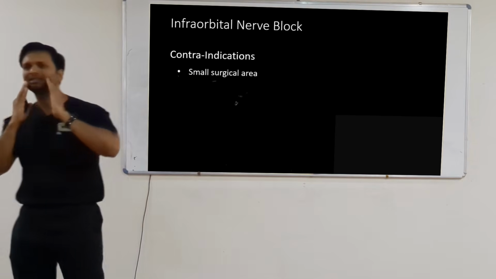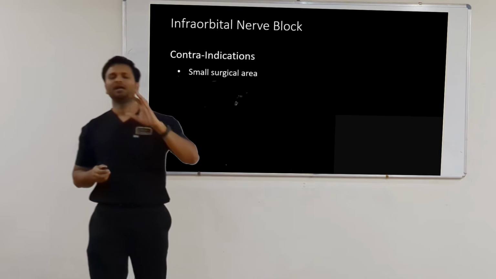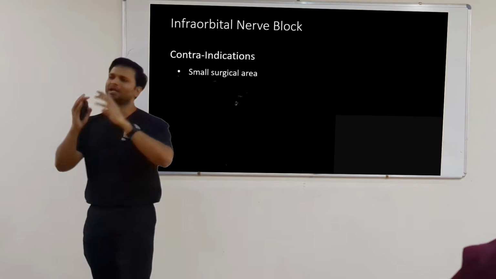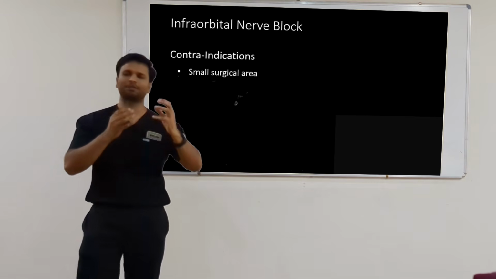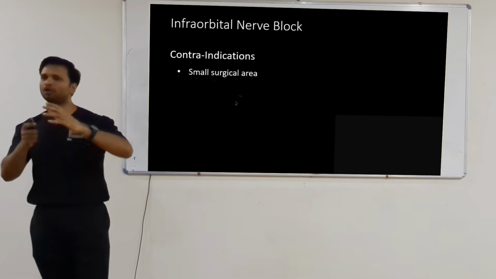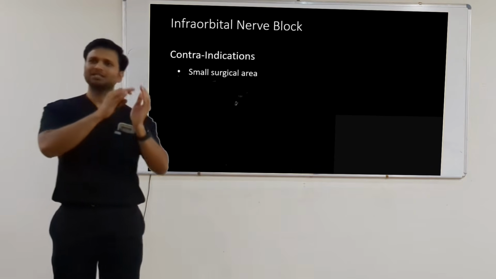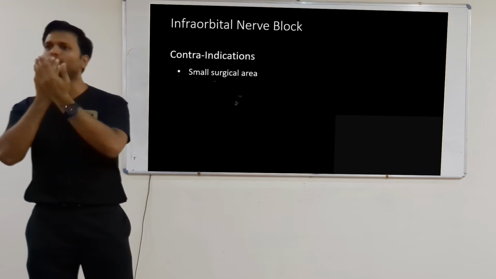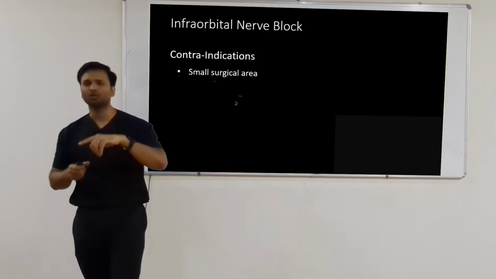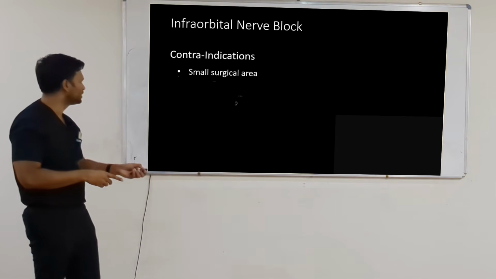Now remember this, in maxilla, if you only want to do labial or buccal anesthesia, then it is always advised that in a smaller surgical area, in buccal or labial anesthesia, it is preferable to give local infiltration as compared to nerve blocks, because nerve blocks may have some complications, whereas infiltration has no complications. Okay, so if there is a smaller surgical area in the labial or buccal aspect, you're going to prefer local infiltration, and in the palate you're going to prefer a nerve block as compared to local infiltration. I'm going to talk about this later in detail.